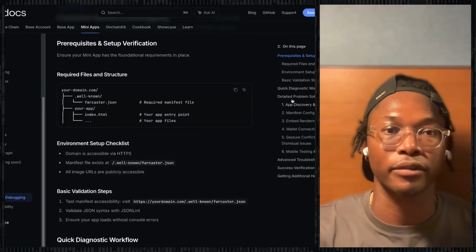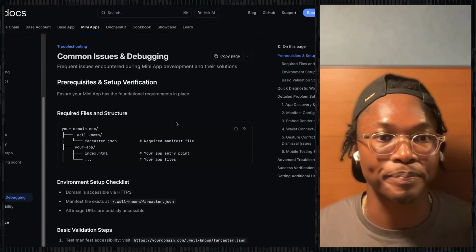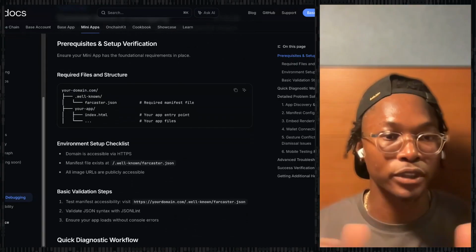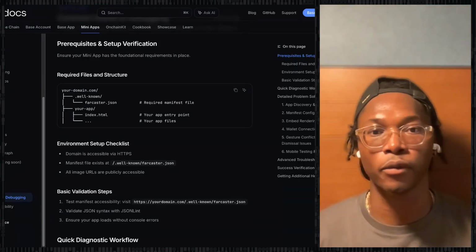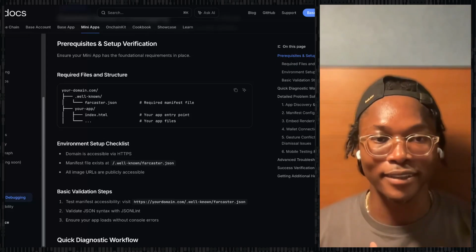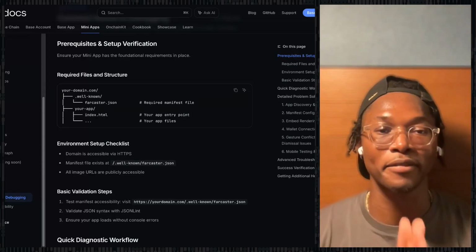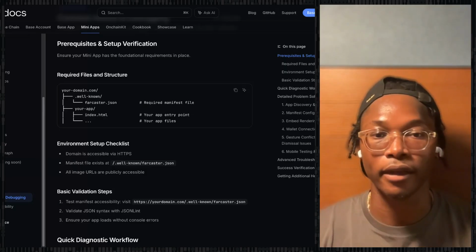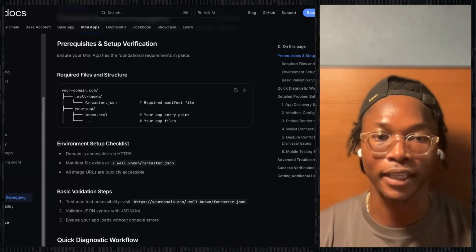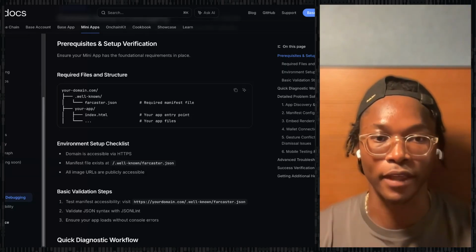Over here is our guiding section. App discovery, etc. So, file structure. We talked about this before, and we'll talk about it again because it's so important. Your code is how these mini apps render appropriately, along with your Farcaster JSON, indexing, and all that other stuff.